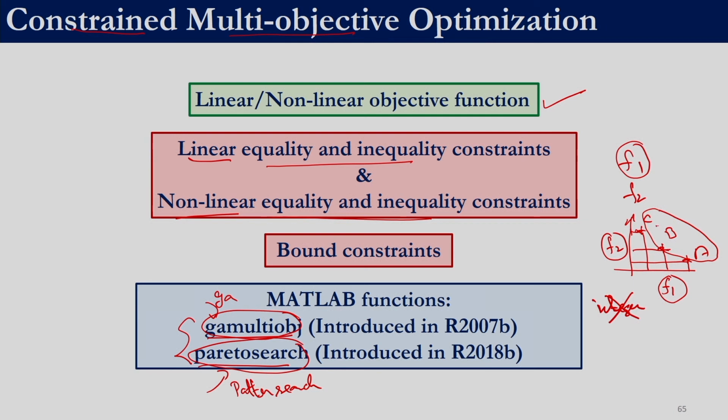If we have a point over here, let us say point D, it would not be a Pareto point because one of the points A, B, C dominates it. We would never select point D if we have points A, B and C. In this case, C has a better f1 value as well as a better f2 value than solution D, so D is dominated by C. Here our aim is to find the set of non-dominated points.